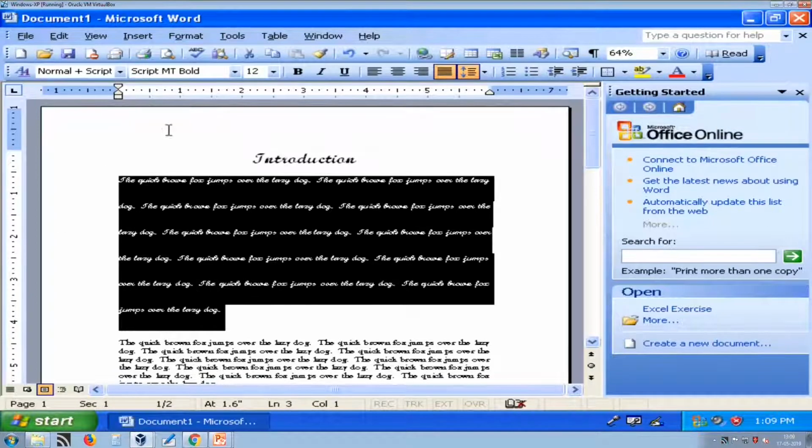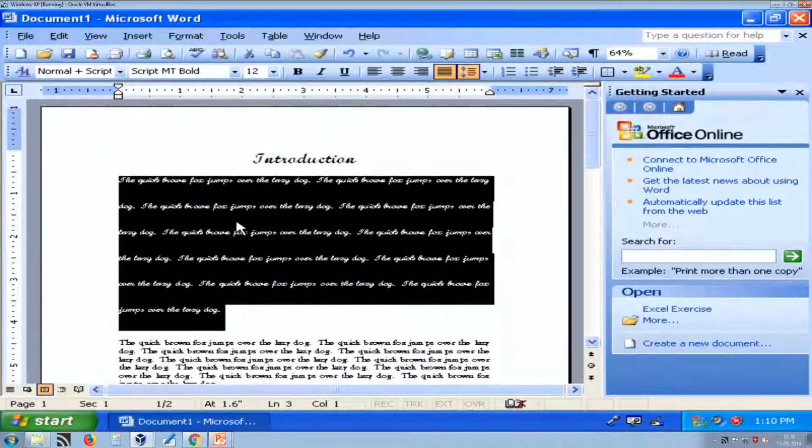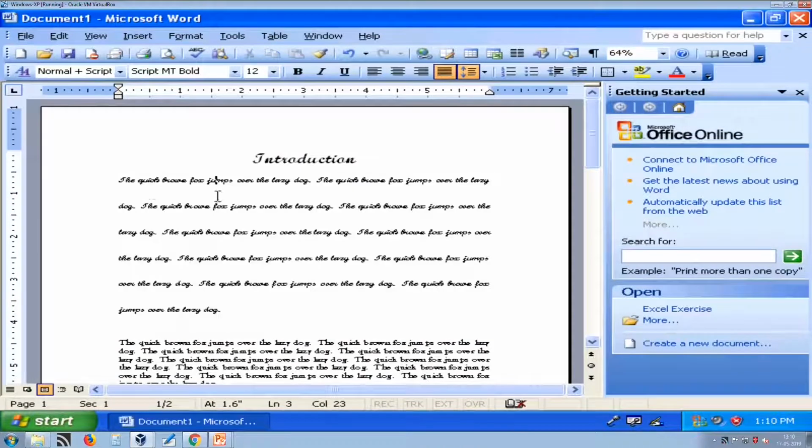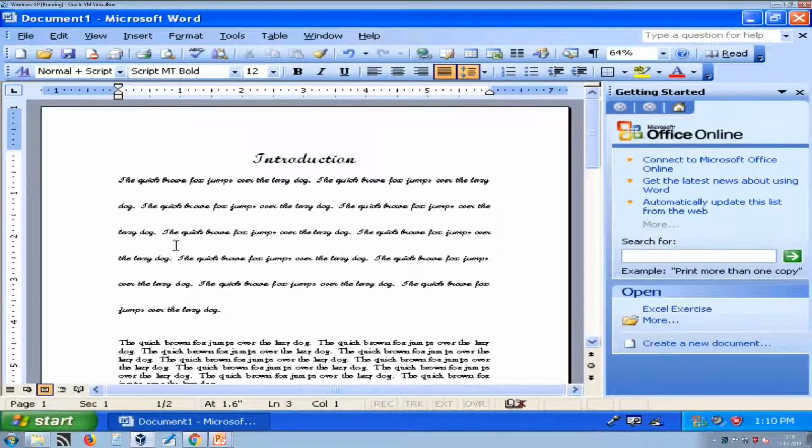This is the left margin, this space is the top margin, this is the right margin and this is the bottom margin. If you want to provide more space, for example, here I want to provide something like this, then it is called indentation.